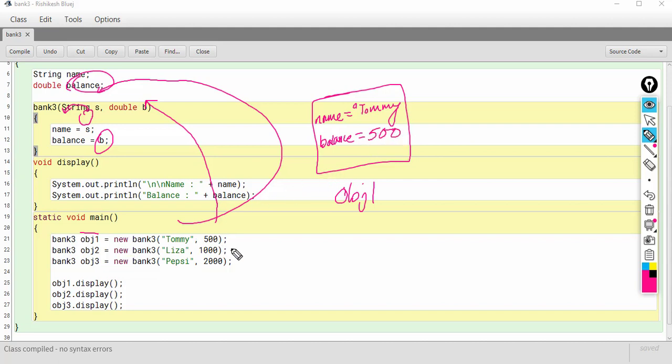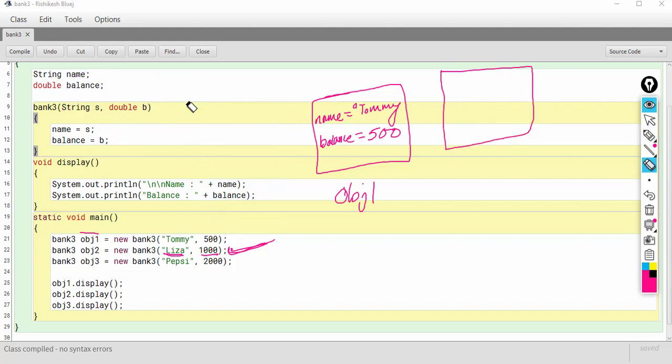Similarly, when obj2 is created, I am passing Lisa and 1000. So this time again Lisa is passed to S and 1000 is passed to B, and the name here will belong to obj2, because the object here is obj2.